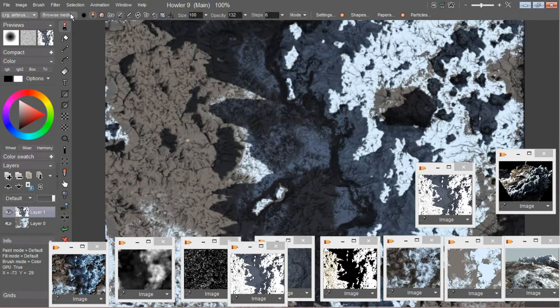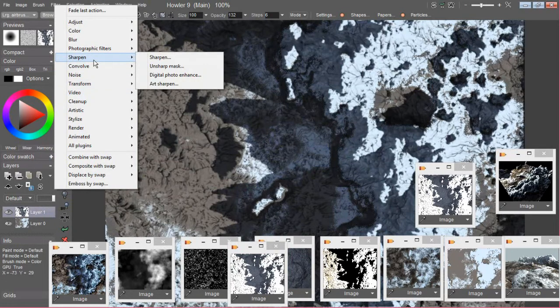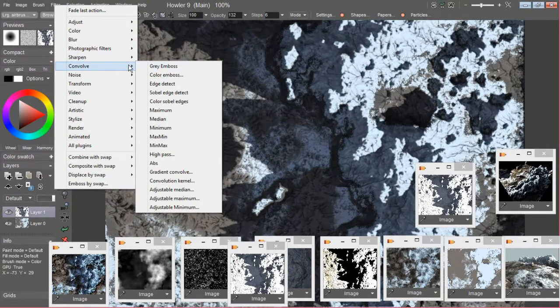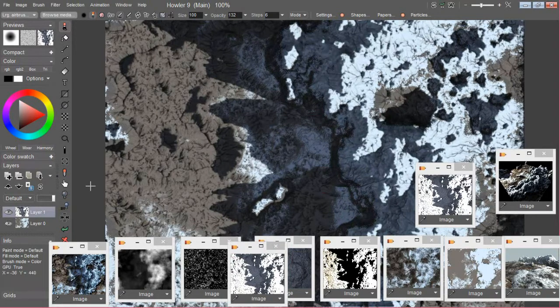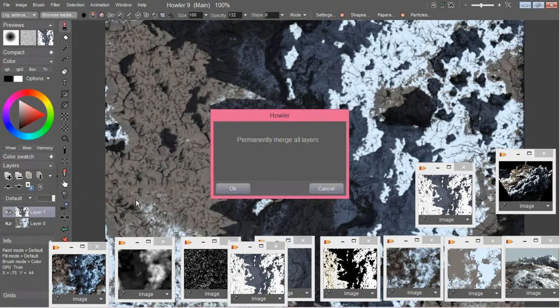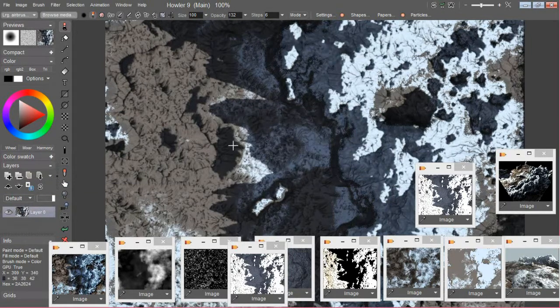You might want to go into convolutions and do a little bit of sharpening, or what might look kind of nice would be an emboss, like color emboss. Or, let me see, we could also, well, that's a good enough start for now. I'm going to hit merge these two layers, and let's see, I think there was one other thing we did. Yes, there was. I'm going to go ahead and add one more layer and add in this right here, the